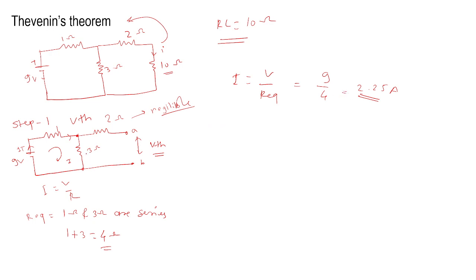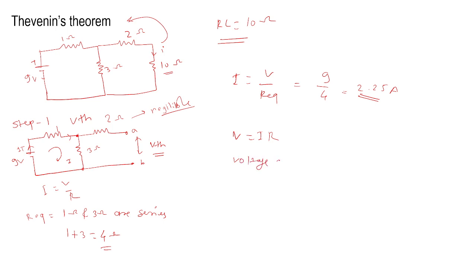सी, आता आपल्याला काय करायचं आहे? व्होल्टेज अक्रॉस 3 ओम फाइंड आउट करायचं. बट ओम्स लॉ काय म्हणतोय? V is equal to I into R. येस ऑर नो? तर 3 ओम मधून जो काही करंट फ्लो होणार आहे तो आपण कॅल्क्युलेट केलेला आहे, दॅट इज 2.25. सो व्होल्टेज अक्रॉस 3 ओहम,